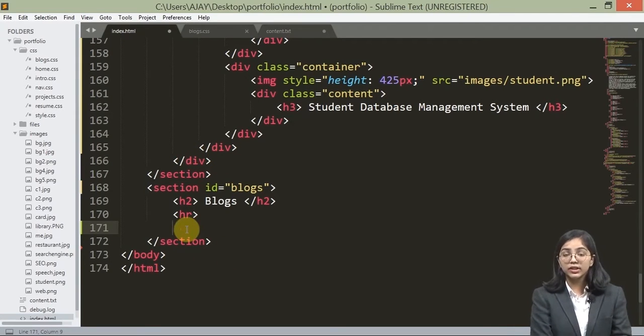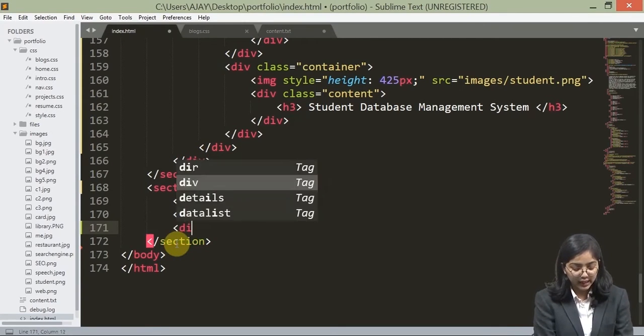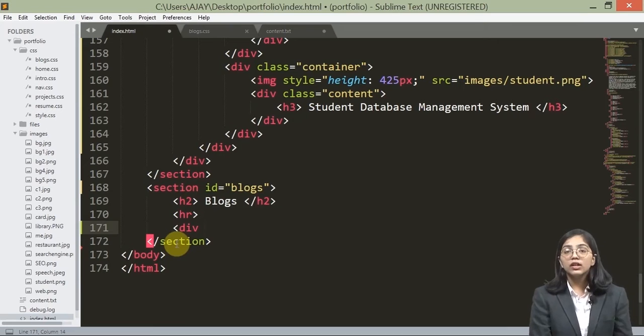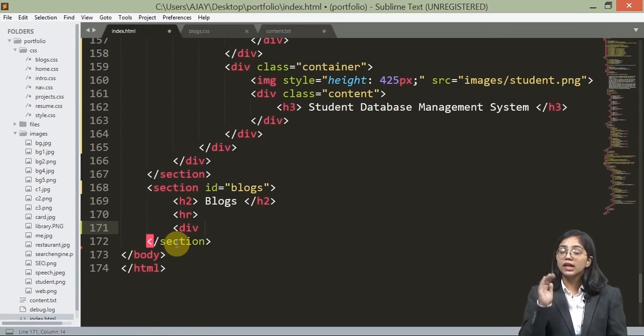What we are going to do here is, we are going to create a div. Now this div is going to be a card, inside which there would be an image and our content. Obviously, we are going to have a different division for content. The reason here is, we don't want to mix the styling of these two. We want to specifically design or style our content inside our card. That's why we are having two divisions over here.